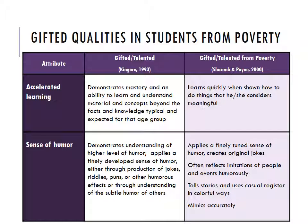But those in poverty learn quickly when shown how to do things that he or she considers meaningful. This is what we've talked about before. They have to understand and see the meaning in it, or they might not be invested in it. Sense of humor. Your middle class GT student demonstrates understanding of higher level humor, applies a finely developed sense of